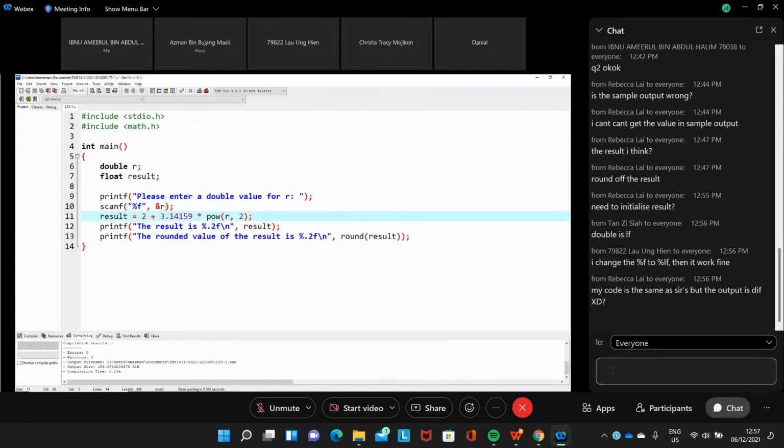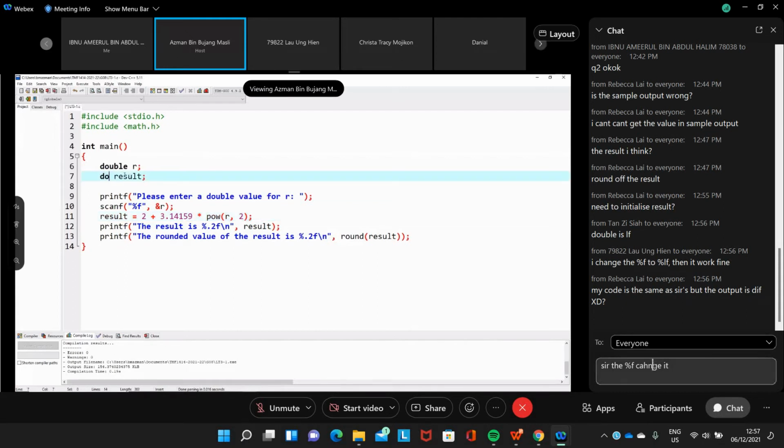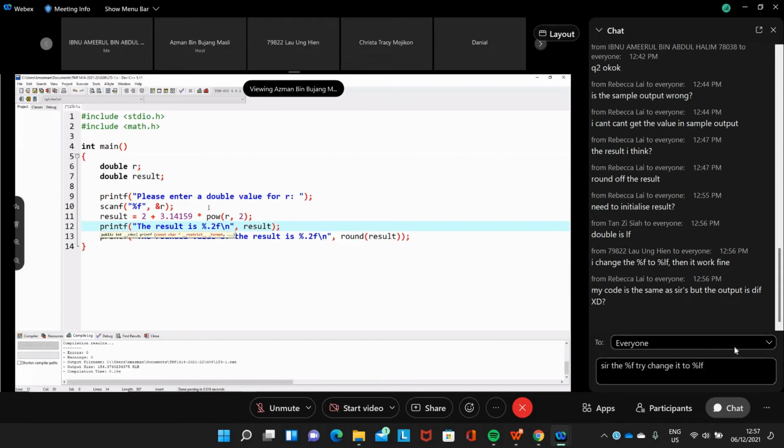So this one is different. You get a different output. Wait a minute. Double.